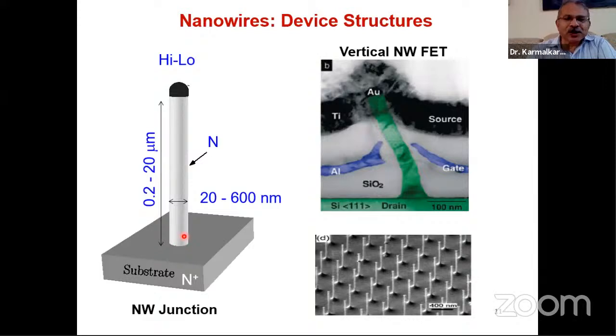So high low refers to the doping levels on the two sides of the junction. So you can see here, on one side of the junction the doping level is high, on the other side it is low. Okay, but both dopings are of the same polarity. This is very important. A high low junction is a junction between two regions which have the same polarity of doping, but one doping is higher than the other doping. Then it is called high low.